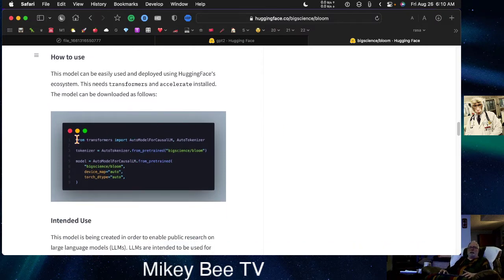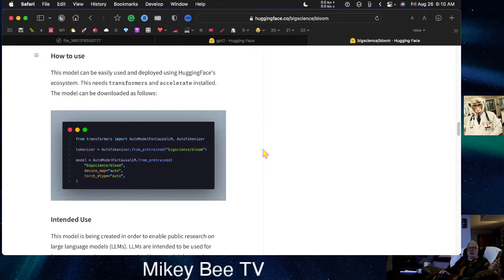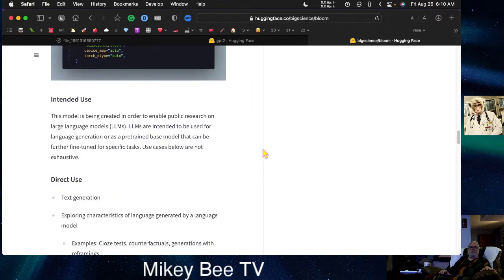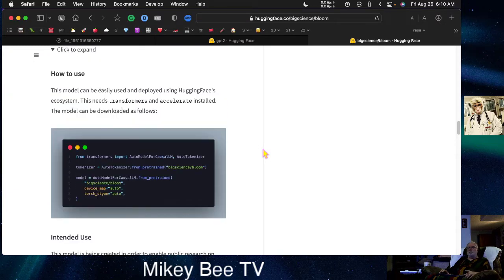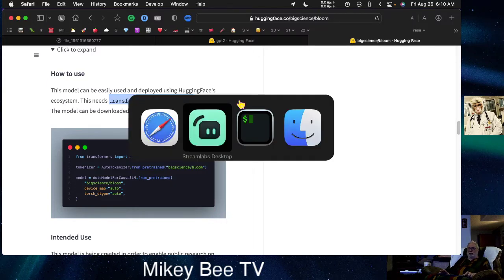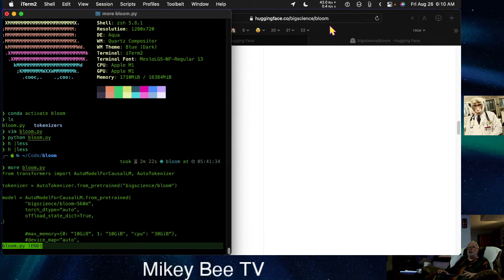Anyway, you can take this code as a start, but there are some problems with it. It's not going to run like this. You're going to get errors. It also says here that this needs transformers and it needs accelerate installed. So we're going to install those, and we're going to install some other things also. First of all, let me go over here and bring up my